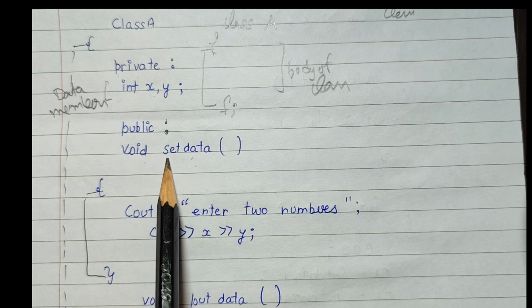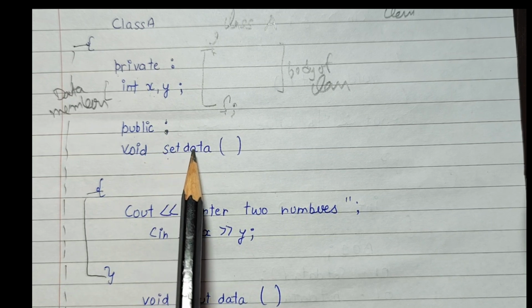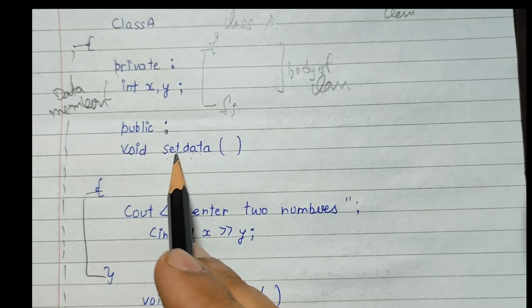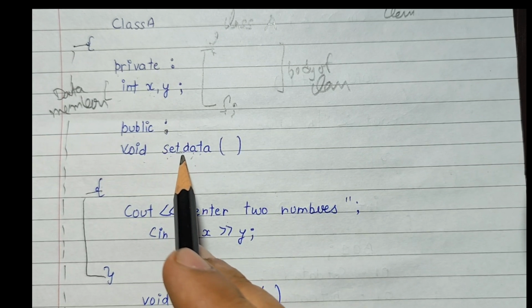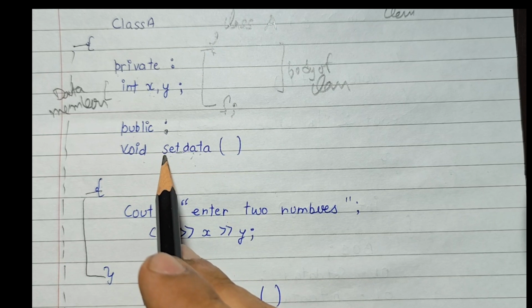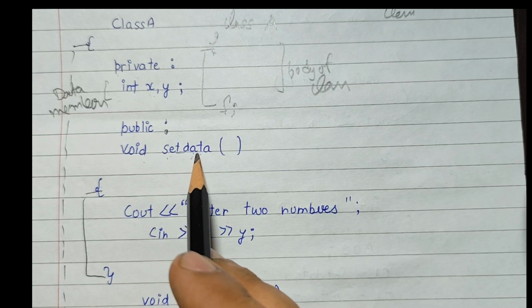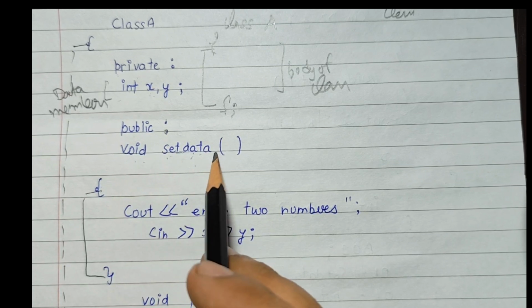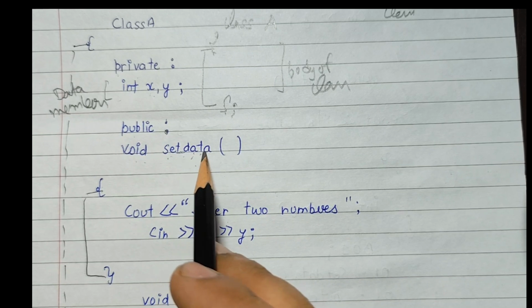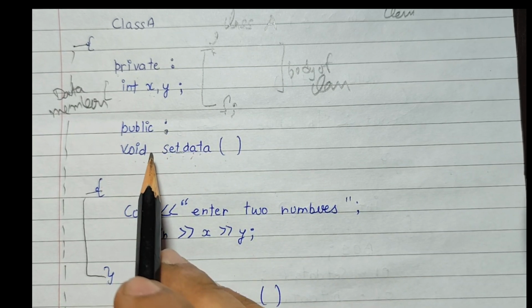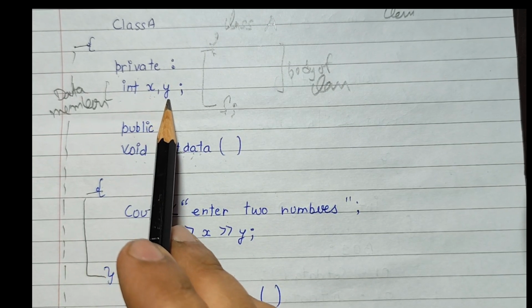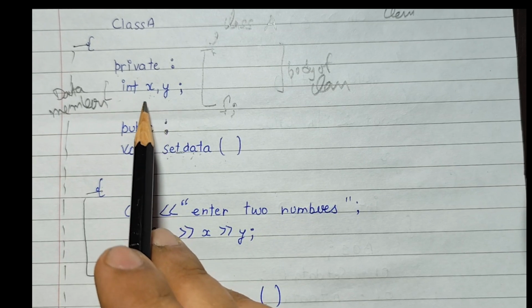So here I create a member function of name set data. Set data is the name of a member function, and there is no space between the name of the member function, because if you include the space, compiler gives you error. You have to collectively write setdata. Void is return type. It means this function will return nothing, and round bracket identifies that setdata is a member function. So basically I define this member function for manipulating the private data members, because x and y here